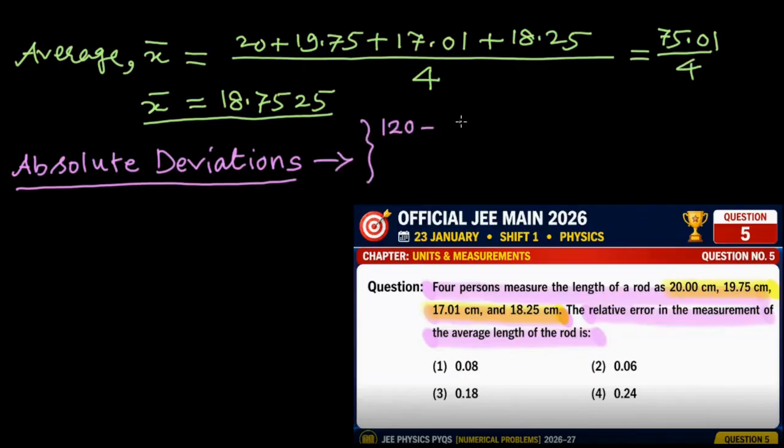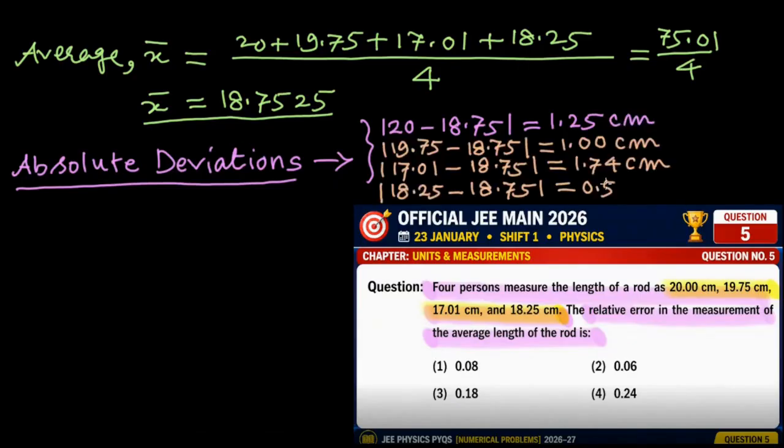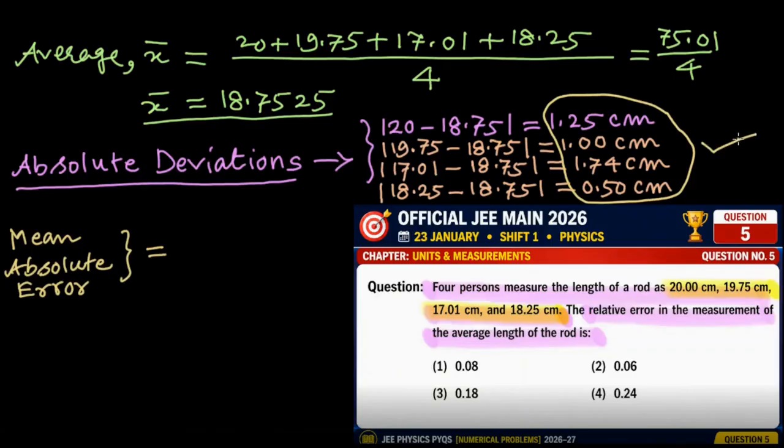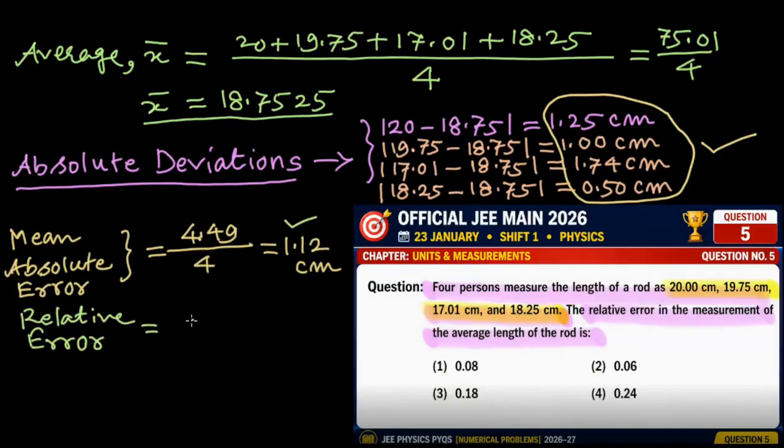Mod of 20 minus 18.75, 1.25 centimeter, etc. 0.50 centimeter. Notice that every deviation is taken as absolute using the modulus sign. Mean absolute error is the sum of all these absolute deviations, 4.49 upon 4, 1.12 centimeter, and relative error is 1.12 upon average